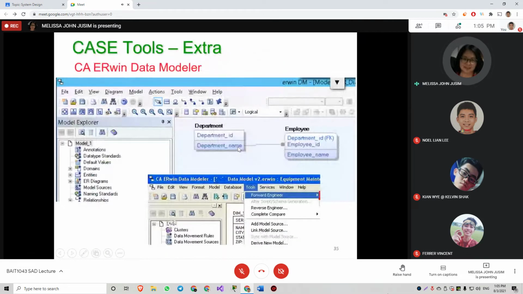You can see that this is your ERD. One thing I want you all to see is this one, an example of tools where we can do forward engineering and reverse engineering. I will talk about this in the next few slides. A very good CASE tool will allow the SA to do either forward engineering or reverse engineering.